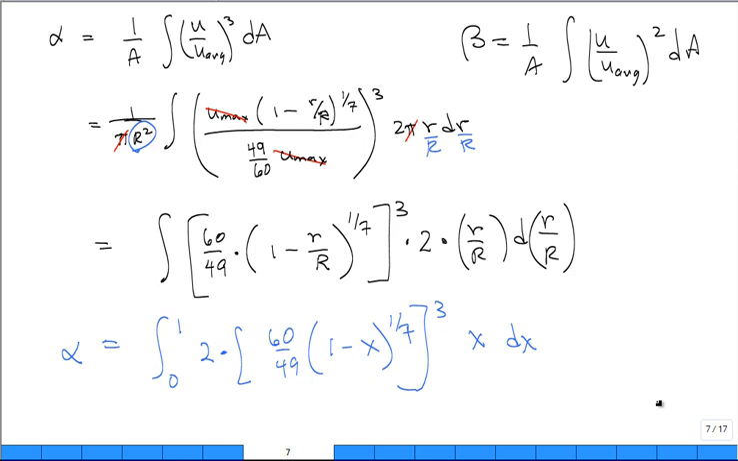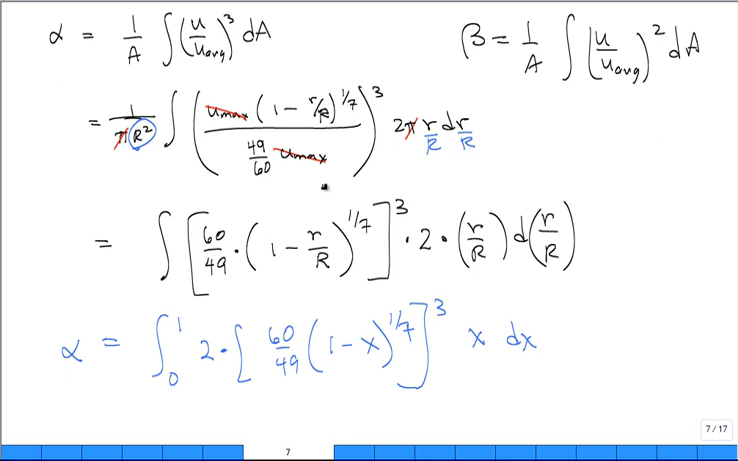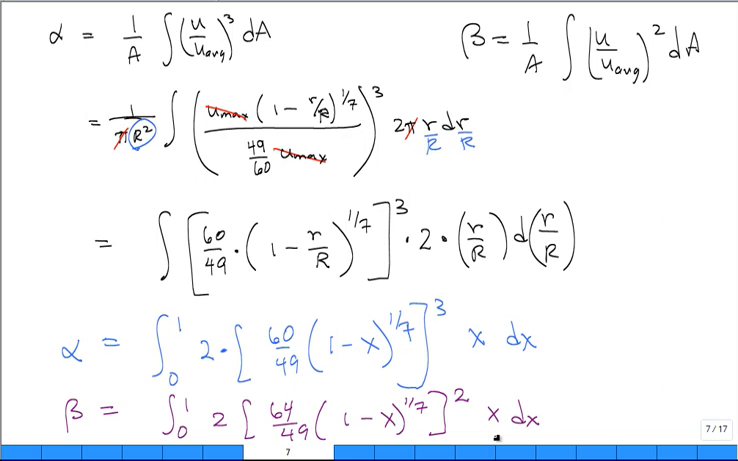So if you would reproduce the same steps, but beta is equal to the integral from 0 to 1 of 2 times 64 divided by 49, 1 minus x to the 1/7, all of that squared x dx. 60 instead of 64. Oh, yeah, 60. 60 instead of 64, thank you. Does that look good? And so you would